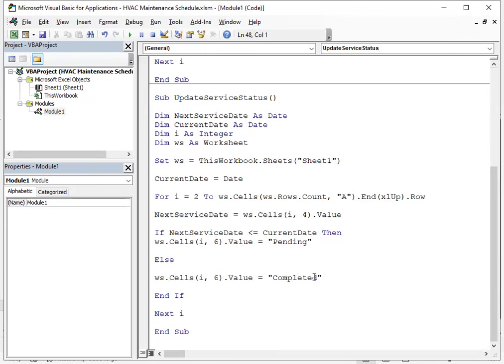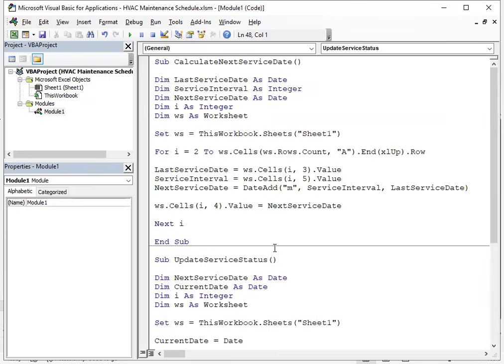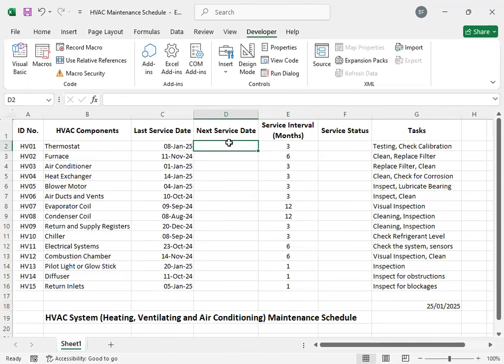Okay, so there you have it. We have already created two macros. One macro is called calculate next service date. Then the second macro is update the service status. And these two macros are intended for these two, next service date and service status. So what I'm gonna do? How are we gonna run the macro? We can run the macro,